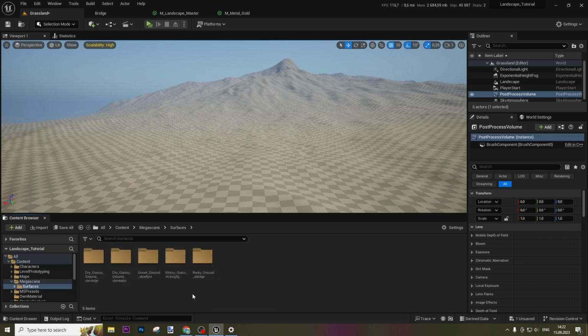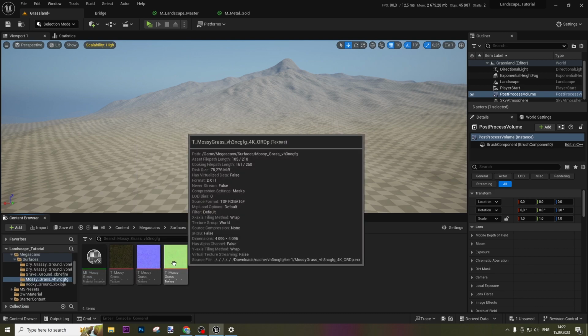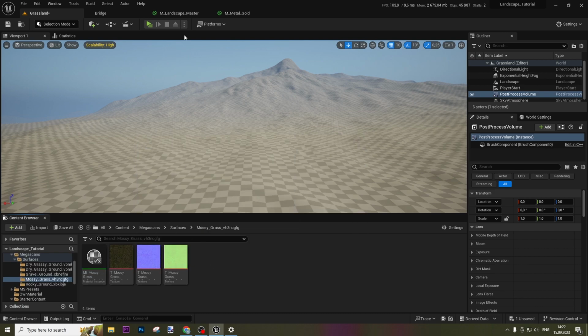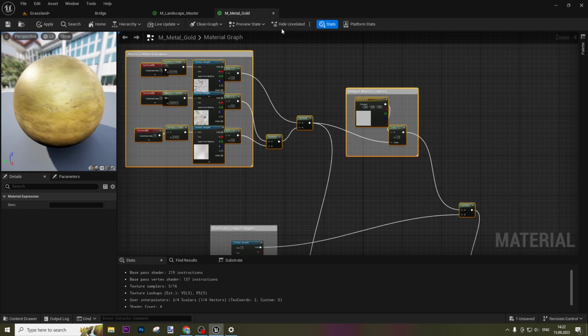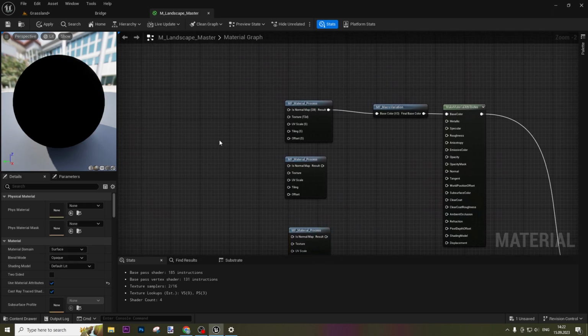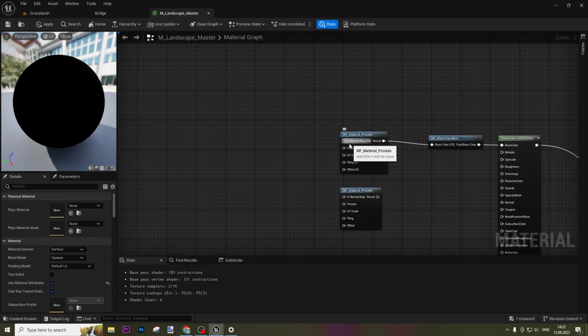If not, you can go to the Megascans surfaces. We have 5 different types of landscape. So let's open Mosaic ground. You can see 3 textures. This is it. So what we're going to do, let's close metal gold. This one we don't need. No, and let's go. First of all, we need to create our